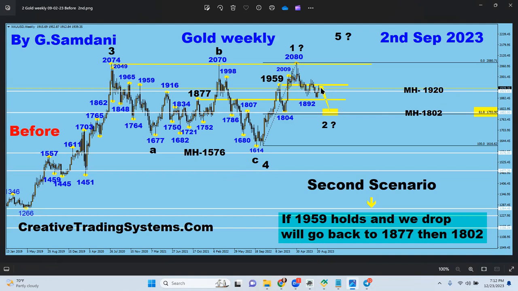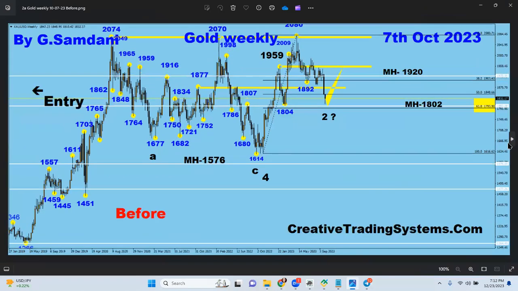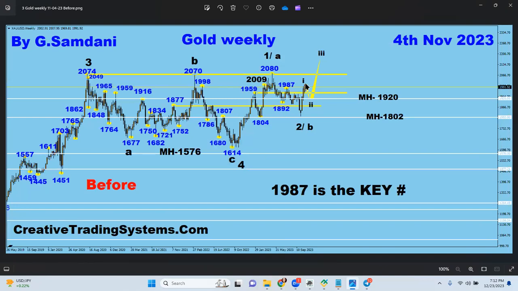Now from here, you see, I was pointing out that wave 2 is going to be 1802, and then we're probably going to bounce, right? Look what happened. It came down here and started to bounce. So my target was this. What happened to that chart is it went up above that, very close, not there, but above this 1959.